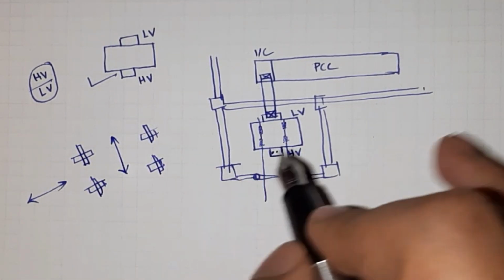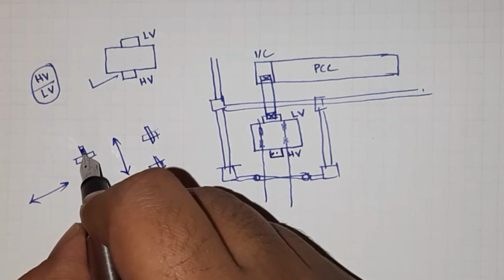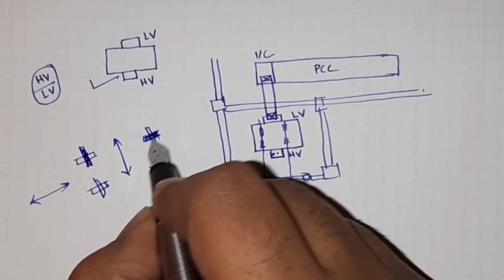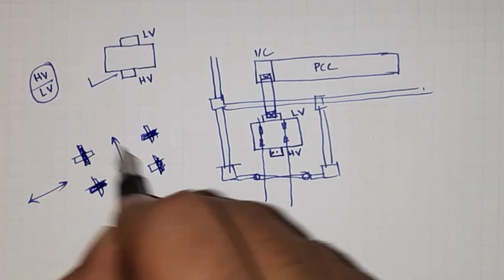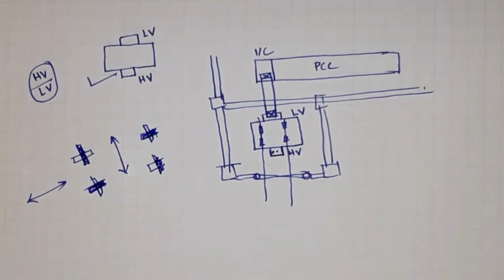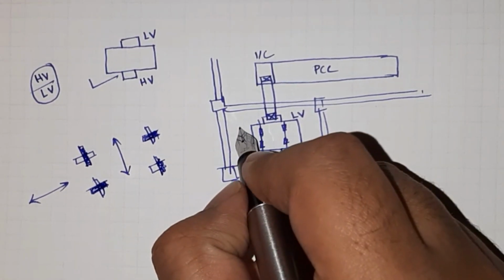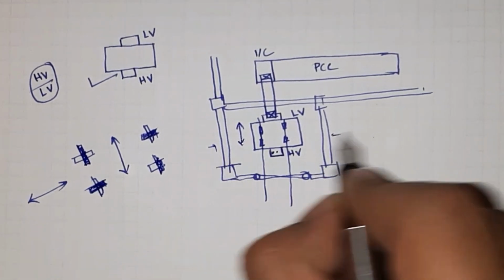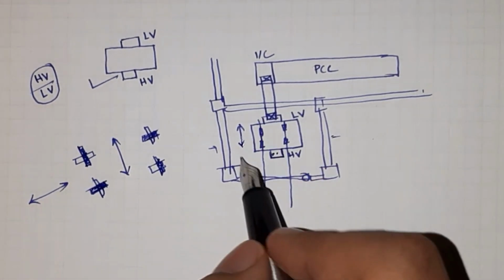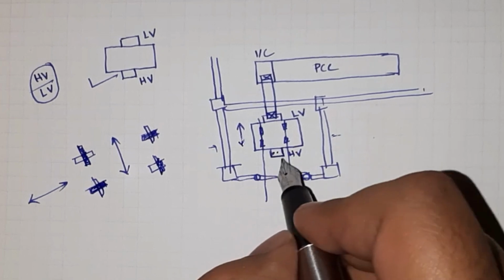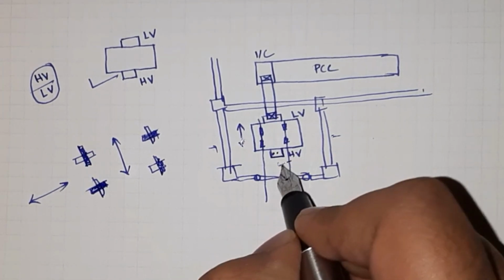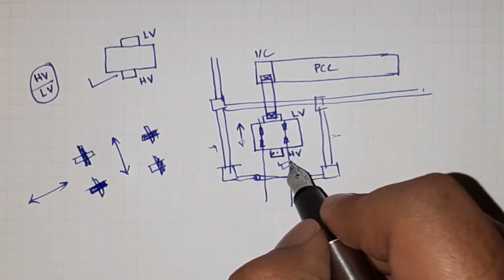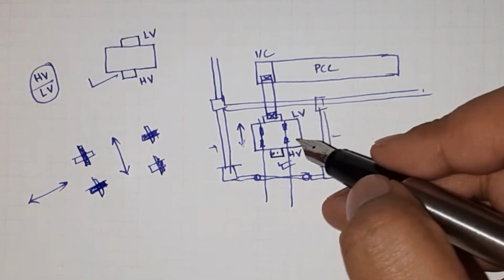In general, the diagonal wheels are kept in opposite directions to inhibit movement. That means if two wheels are placed this way, the other two wheels will be placed the other way, so there is no movement of the transformer. Here the transformer movement is in this direction, because as these two sides have walls, movement in this direction is not possible. Here you can see that my HV cable box has come in front of the transformer. So this is not possible. The transformer cannot be taken out.